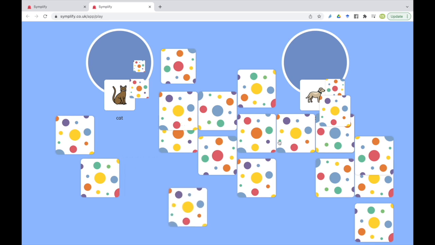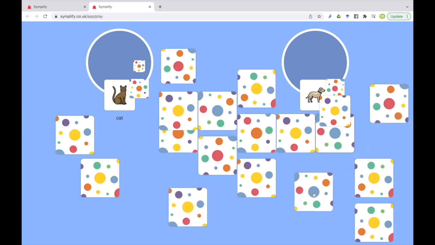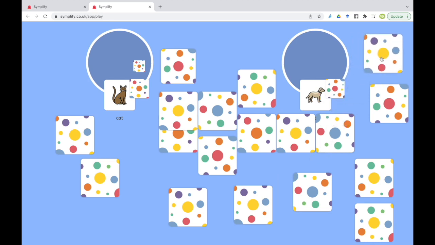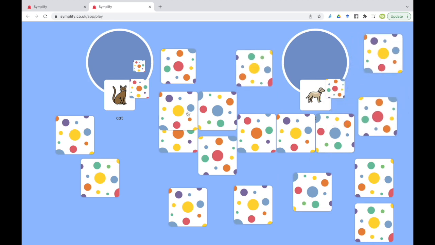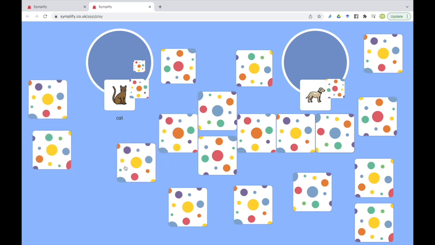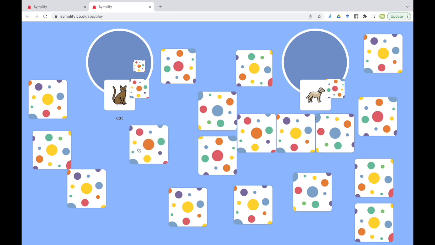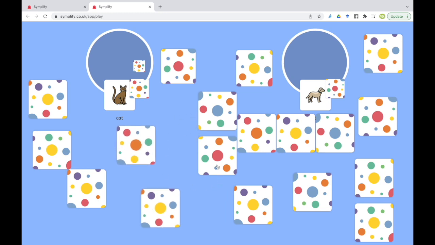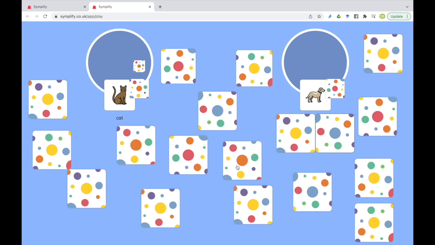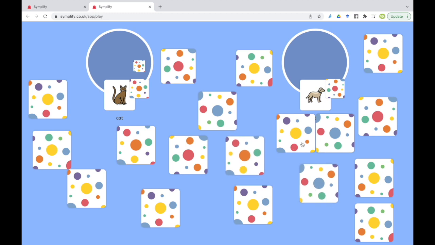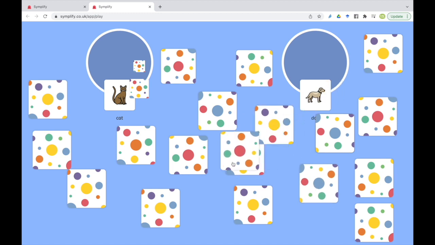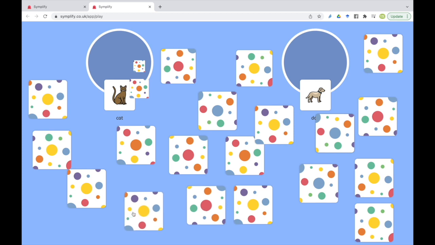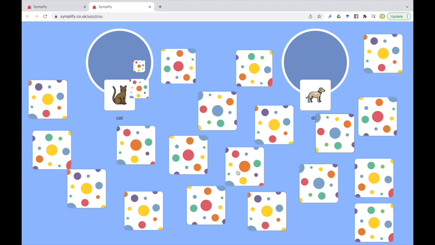Now you'll see that this is another change we've recently made. The cards are no longer on a jaunty angle. When we launched, we thought it was quite cute having them all a bit wibbly wobbly and jaunty, but actually we found that mainly kids found it really annoying and they would constantly try and straighten them up because they wanted to lay them out in order to make a sentence or whatever. So we decided to straighten them up. So hopefully nobody misses that too much. But the general consensus was, lose the jauntiness. But they're still cute with their colourful spots, hopefully.